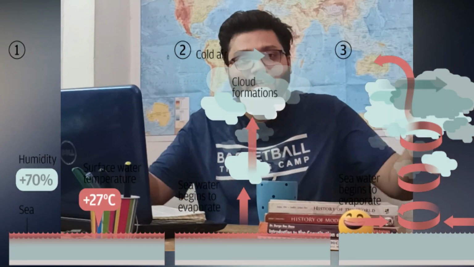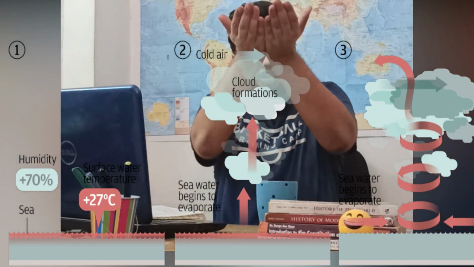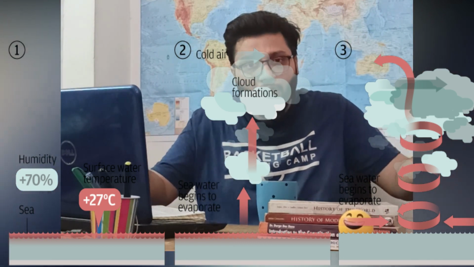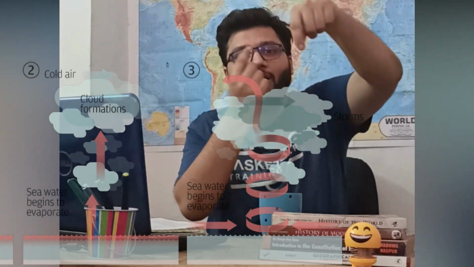Now let's talk about the other important factors that are responsible for the origination of this tropical cyclone. The second most important factor that is required for the formation of these cyclones is the presence of a low pressure center. Although this point is a bit technical, I'll try and explain it in a simple manner. This low pressure center attracts the wind from all the sides, and that is why the air at this low pressure center starts uplifting. Along with it, uplifts the water vapor that has been created because of the high sea surface temperature around. As this air is uplifting, and because of the Coriolis force it is rotating, hence a vortex is created around this center.